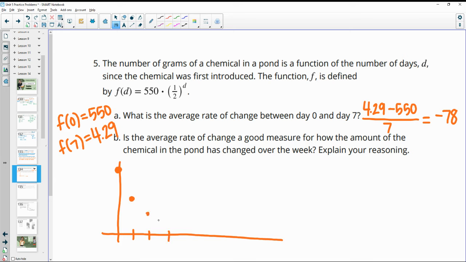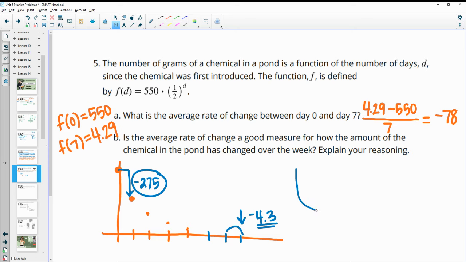Then after day 3, you're going to cut this in half. And day 4, and so on. So the change in the beginning here goes from 550 to 275. So this one drops 275 grams in this first day. So then when you get to day 6 and 7, the drop here is just down 4.3. So it's dropping a ton in the beginning and not very much in the end, because that exponential